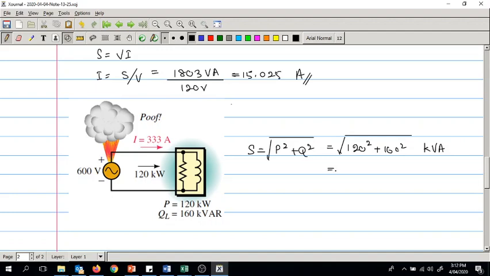So this is 200 kVA. So what is the power factor? PF is equal to P over S, which is 120 divided by 200, which is equal to 0.6,